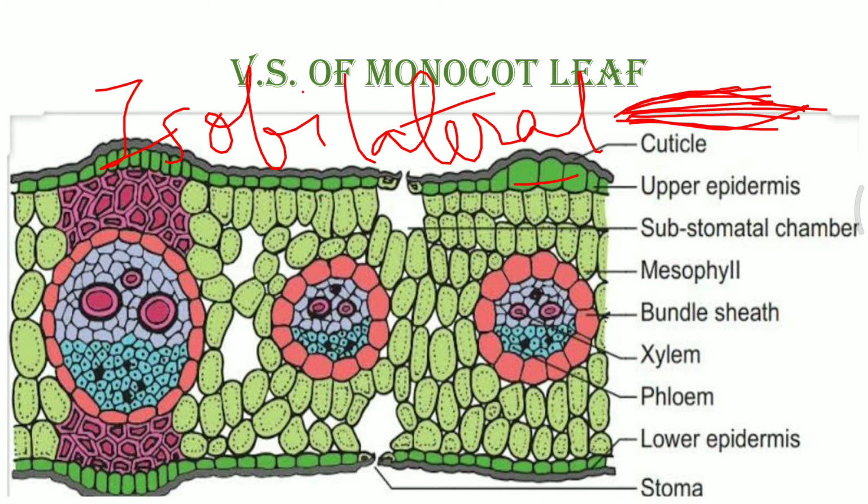Next to it is presence of substomatal chamber. This is the area from where the loss of water actually occurs. When a drop of water has come out, that drop of water is evenly distributed, and due to excessive heat, that turns from water to water vapor. So this transformation occurs in the substomatal space.